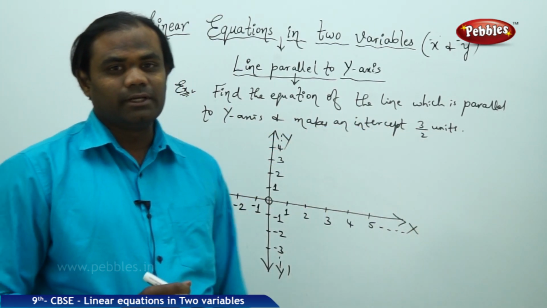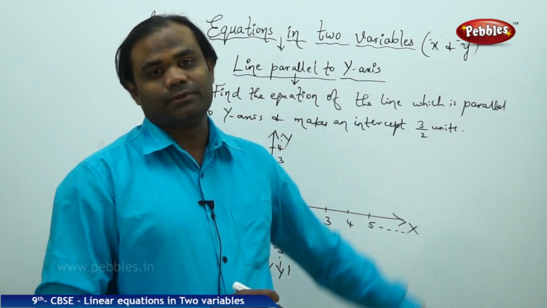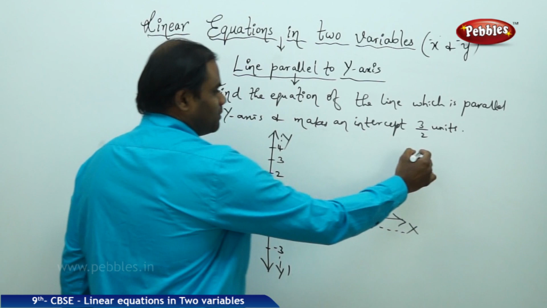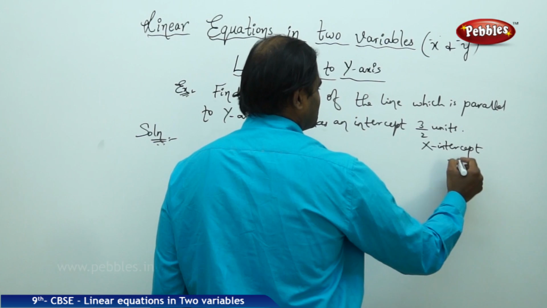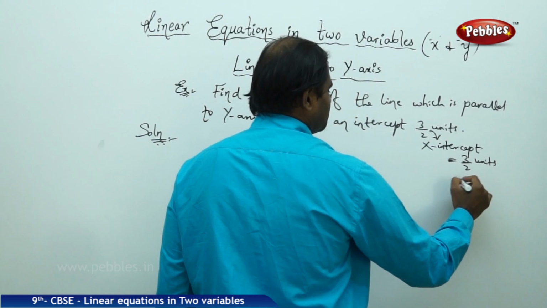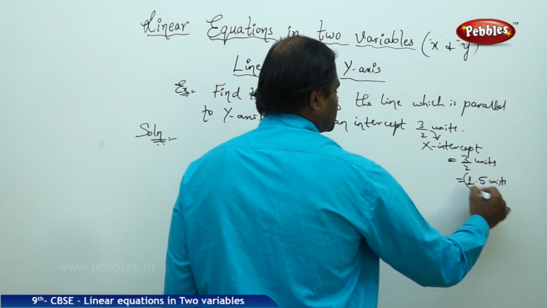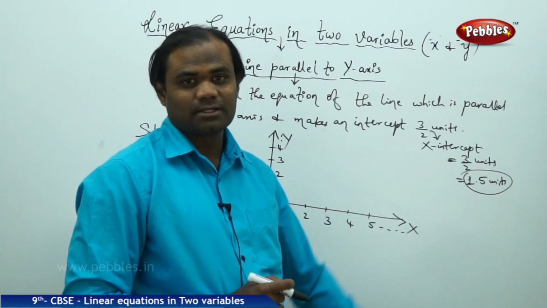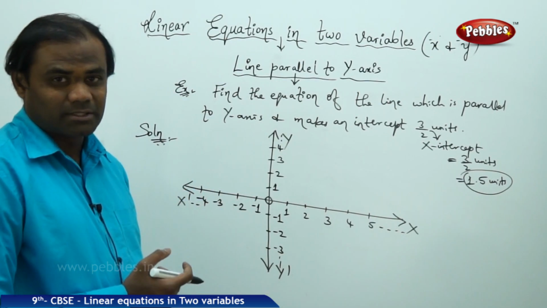So initially it is very essential that we locate the x-intercept, which is 3/2 units. Now here 3/2 units is the x-intercept. Indirectly 3/2 units is 1.5 units is how I understand the x-intercept. So using the condition of x-intercept being 1.5 units, let's see how we can draw a line passing through x-intercept